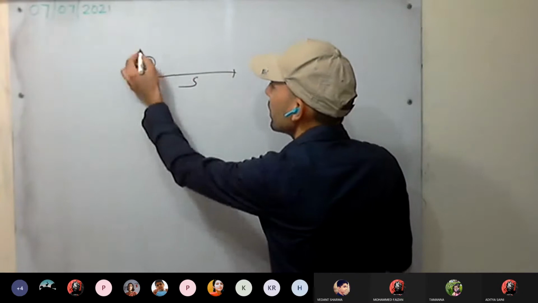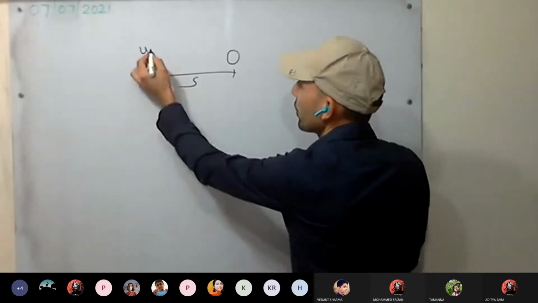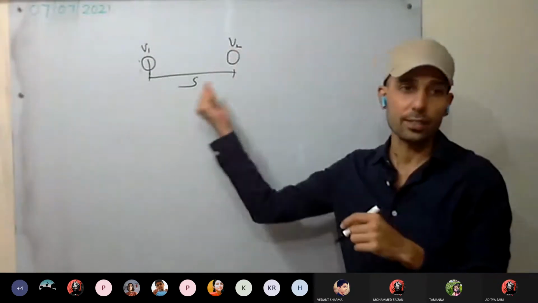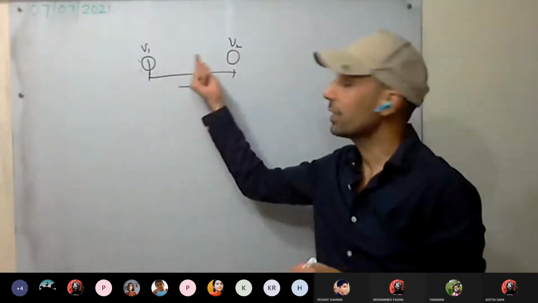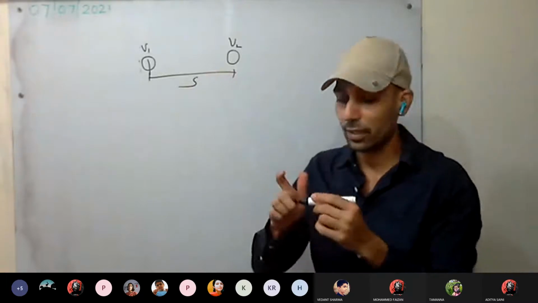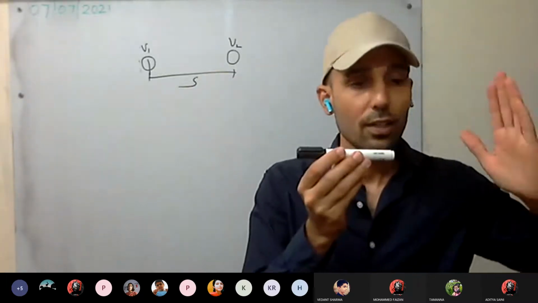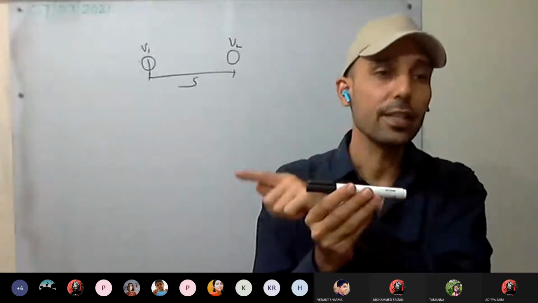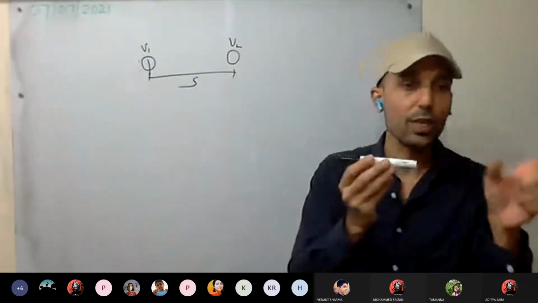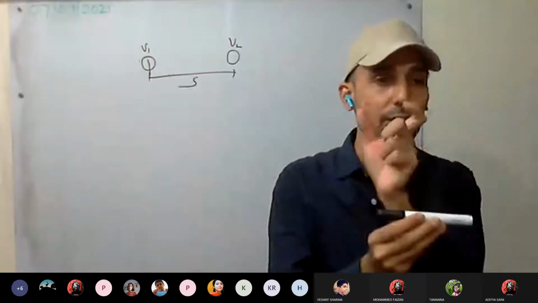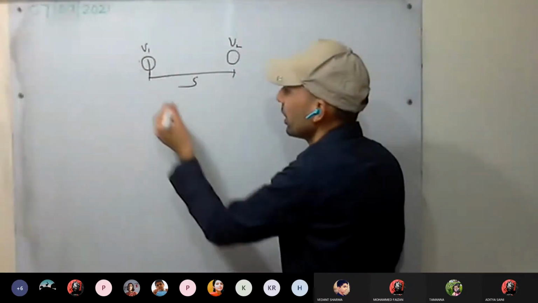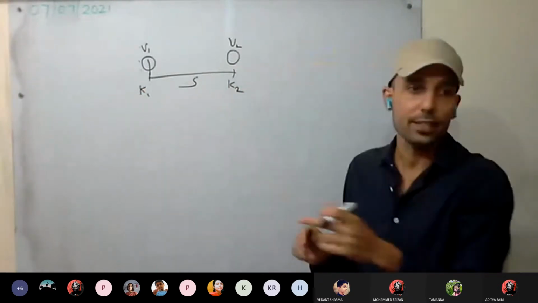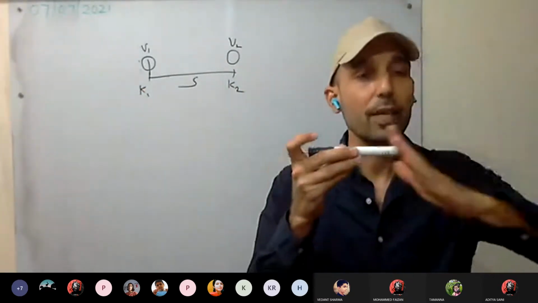the body is here. Here its initial velocity is u. We take its velocity as v1 and it changes to v2. The body is accelerating. Now, what will be the increase in kinetic energy we have to calculate? Whatever work this force has done will be the amount of increase in the kinetic energy of the body. This work done has increased the kinetic energy, so k1 here and k2. Whatever the difference in the kinetic energy is the amount of work done by the force.